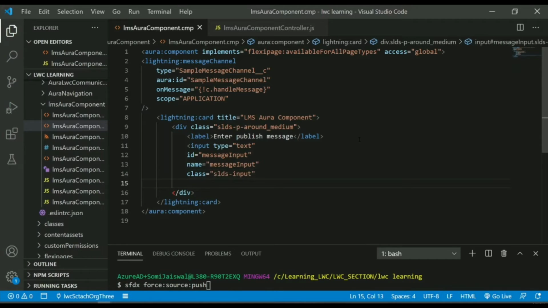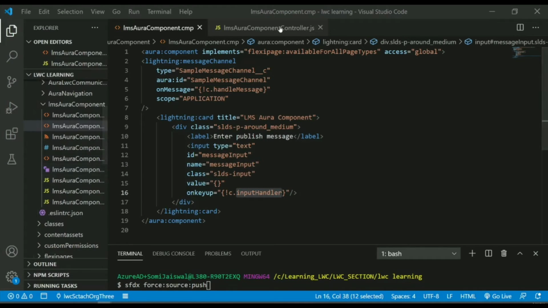Apart from that, we can give a value, and we'll pass this value in a minute. Then we'll say onkeyup, when we start typing in this field, call the method, and we'll give the method name here. We'll say c.inHandler. This method gets called when we start typing in this input field, and let's close the input field. Let's go and create the input handler